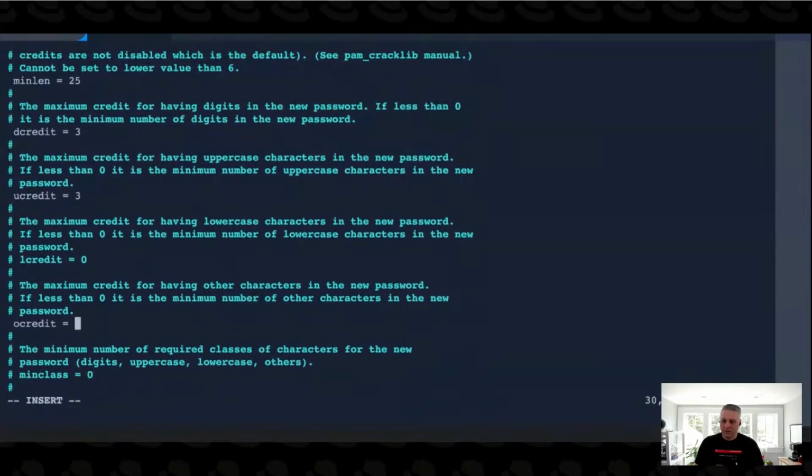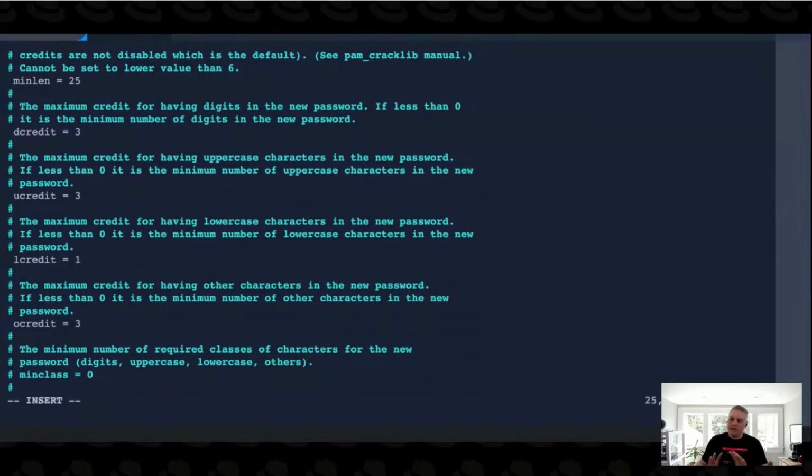And if you want to use a percent sign or space character or comma or something other than a digit or uppercase, you'll get 3 points for going towards that minimum length score. And then we're also going to set explicitly what a lowercase is. So if you do all lowercase or a lowercase character, that's going to get you 1 point towards your minimum